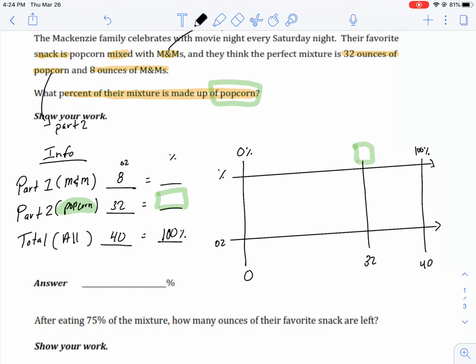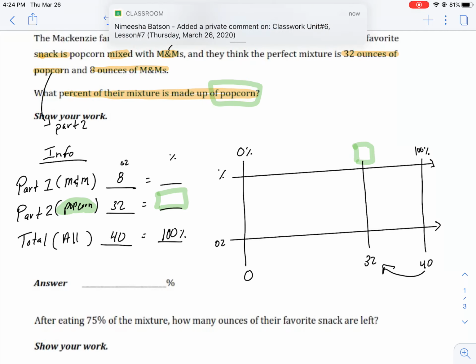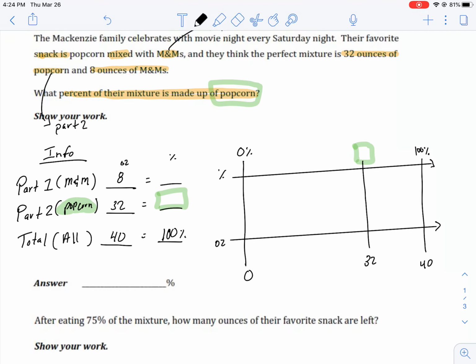Now, there's a problem, though. There is no whole number I can divide 40 by to get to 32. So this right here. All right, so then that means that I'm going to have to scale back even further to a number that I can multiply out to 32. And that number is, I can divide by 5. If I divide by 5,